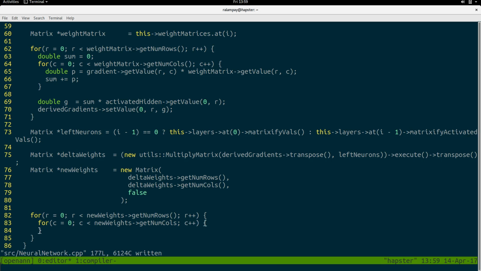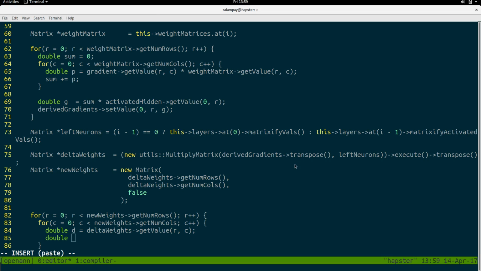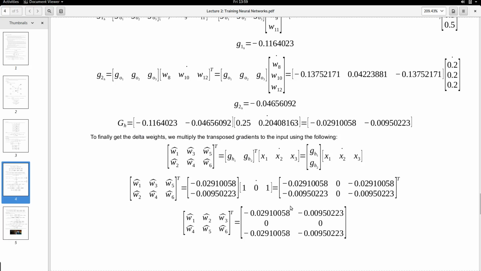We set the new weights value. Let's do it piece by piece. So we get the value of the delta weight, so we'll call it d, for example, from delta weights get value at RC. Okay, we get the value at the